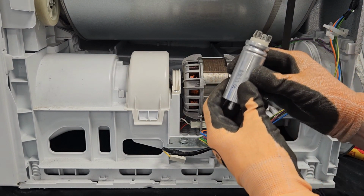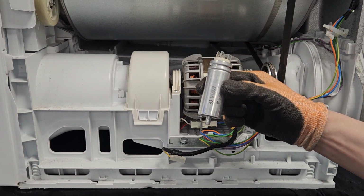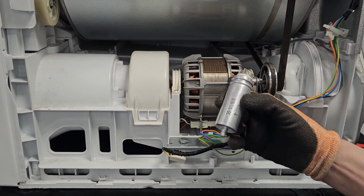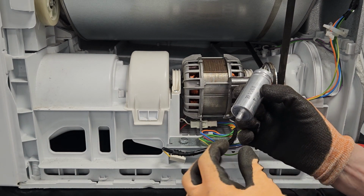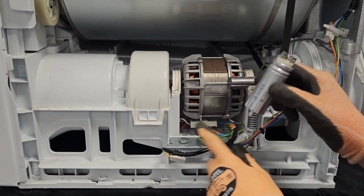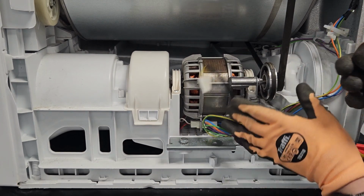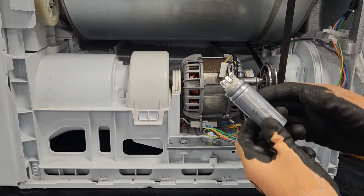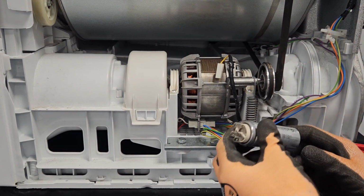Right, so this here is your capacitor. As I mentioned, this is effectively the starting device for the motor. And this is the threaded bar I was talking about, so there's often just a nut that goes through, and in this instance goes through the hole on the bracket and the nut goes underneath. One thing you do need to do